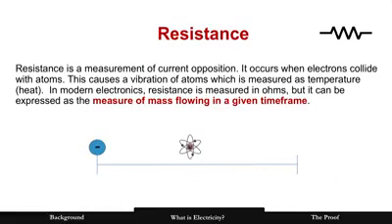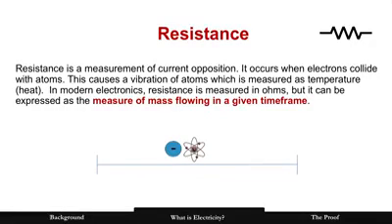Now, resistance. Resistance is a measurement of current opposition, right? It occurs when electrons collide with other atoms, such as this, and that causes a vibration of the atom, which is measured as temperature. That's what temperature is. It's basically the measurement of a vibration of an atom. And that's why heat is caused in resistors. In any case, in modern electronics,